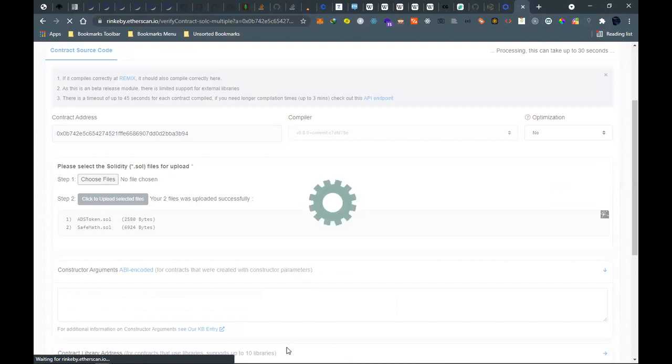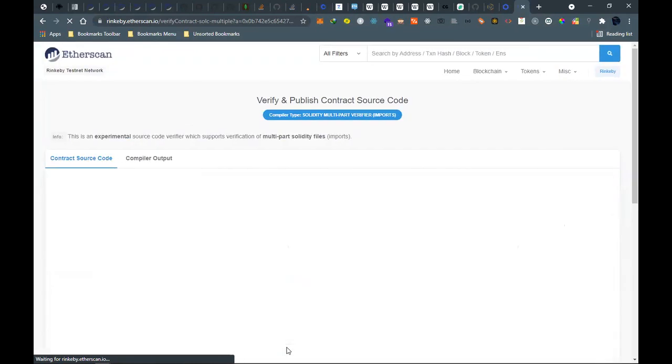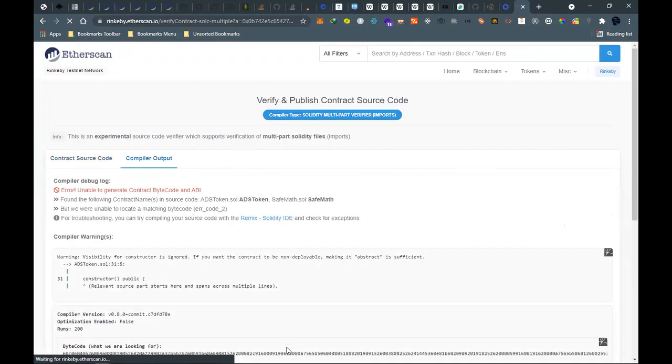Hope. So if you want to be making it abstract, sufficient is sufficient.